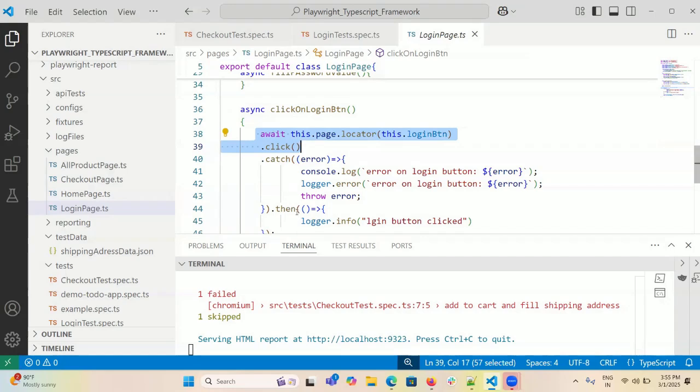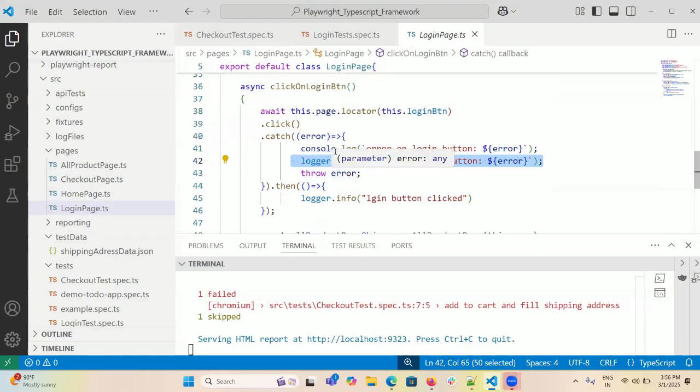Now, try catch in TypeScript. How you can manage is, you don't have to write try. First of all, you can directly say catch. So after this particular code, if there is an error, it will catch it and you are printing that error. At the same time, saying logger dot error, that will go to the logger file, throw error, and